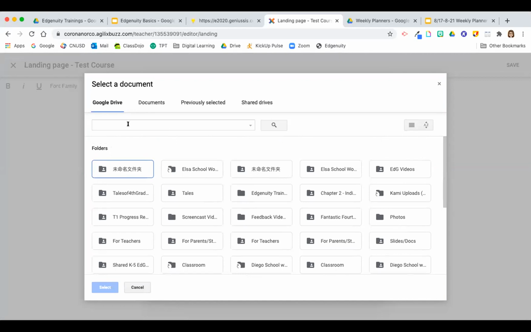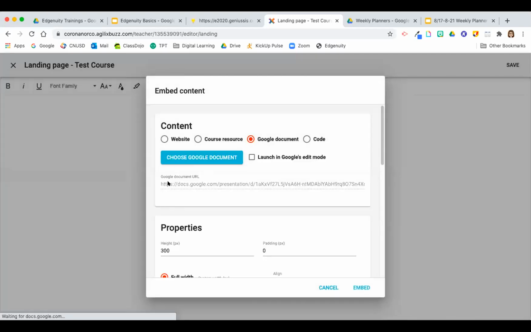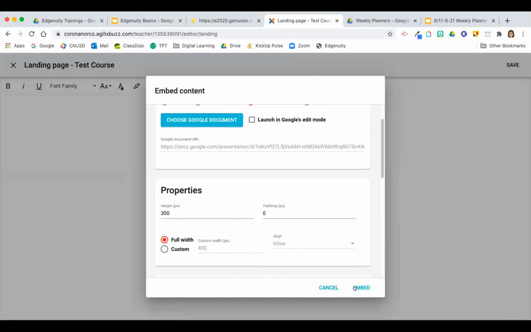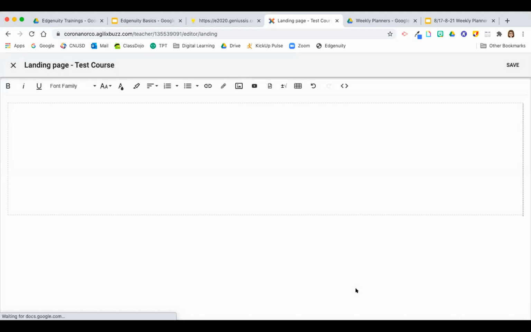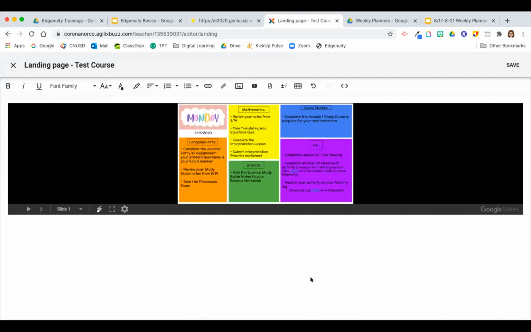And I don't want to search through this. So I'm going to use the search bar and type in what I titled these slides. There we go. Find it. And there is my document. I'm done. I'm going to go down and I'm going to embed. And there are my slides. And you'll notice that this is a slideshow. So now if I click save,